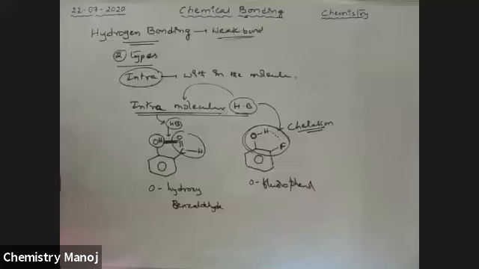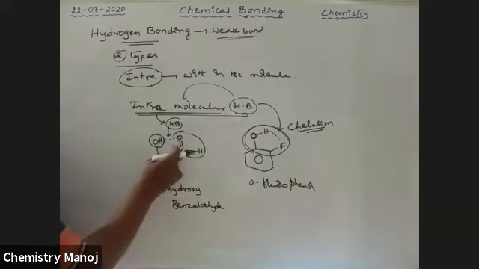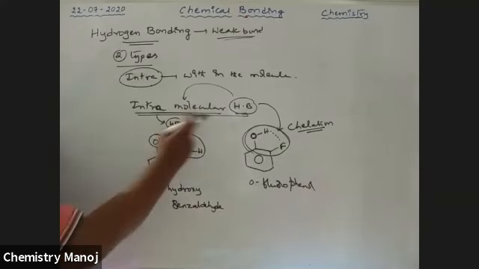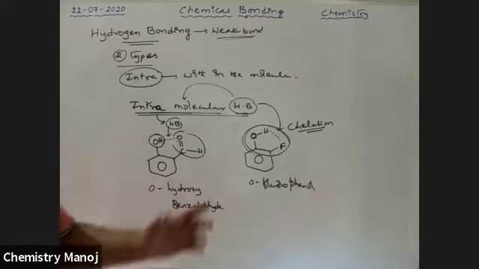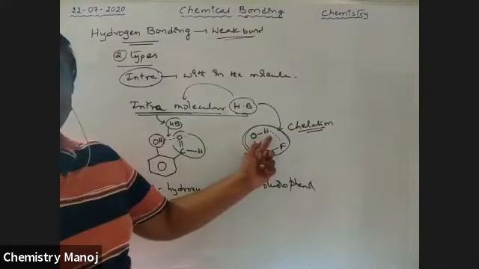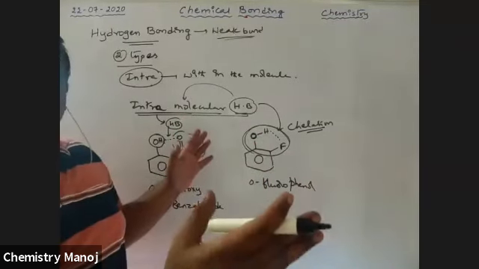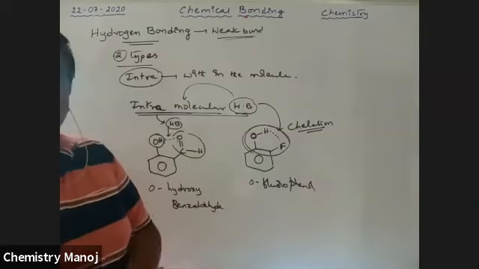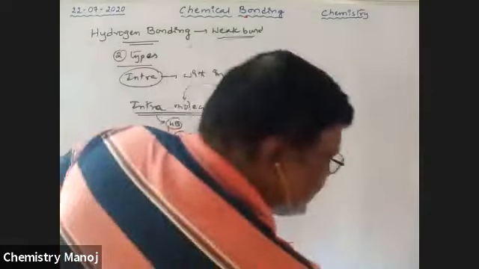Chelation increases the stability of the molecule. Here also, actually there is no bond between these two, but because of hydrogen bonding there is ring closing, so chelation is applicable. A hydrogen bond formed between two groups of the same molecule is called intramolecular. When a hydrogen bond is formed between groups of two different molecules, that is called intermolecular hydrogen bonding. See here.